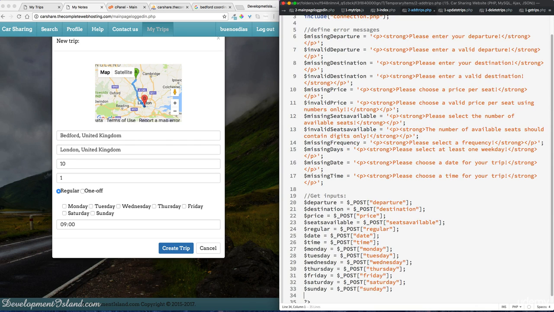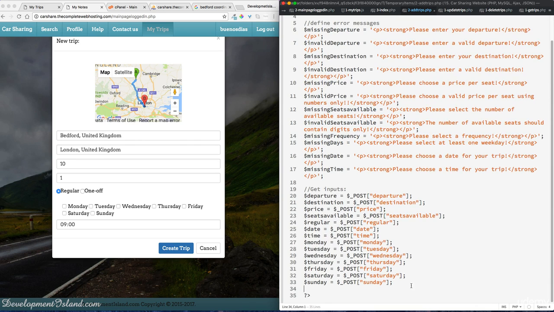Well, basically we are missing the coordinates. Okay, so for these ones, we don't need to check if these are set before defining a variable and storing the post elements inside the variable. Okay, because if the user gets to this PHP file, we are sure that they have clicked on that button and we are sure that they have submitted that form. Okay, so now